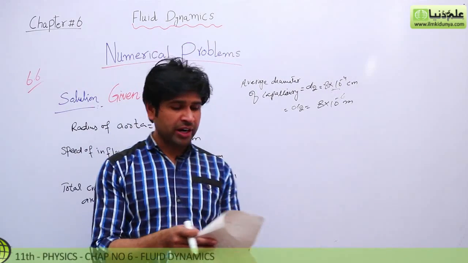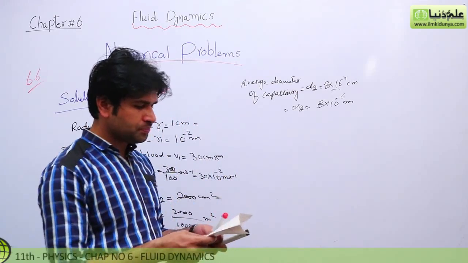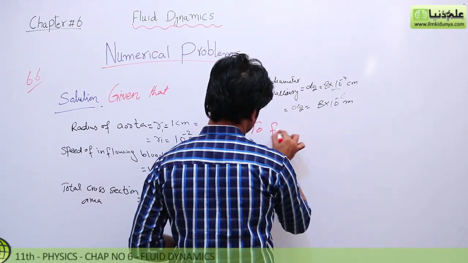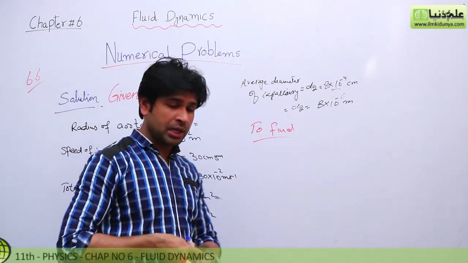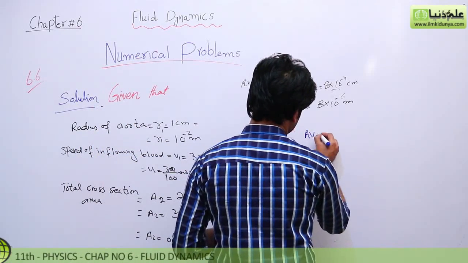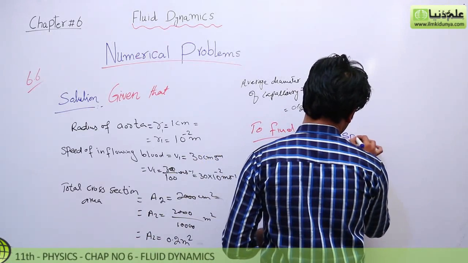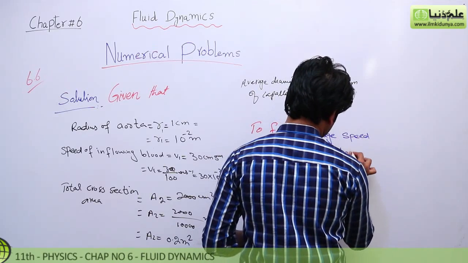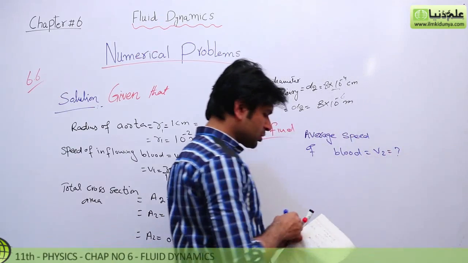So what will we have to find out? We will have to find out the average speed of blood. Average speed of blood we can write as V2. So students, to